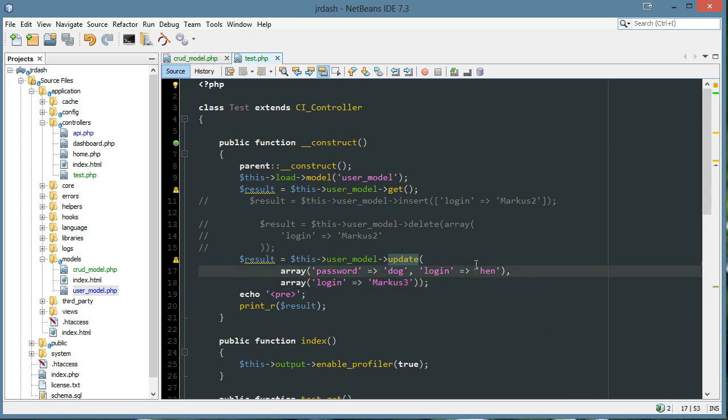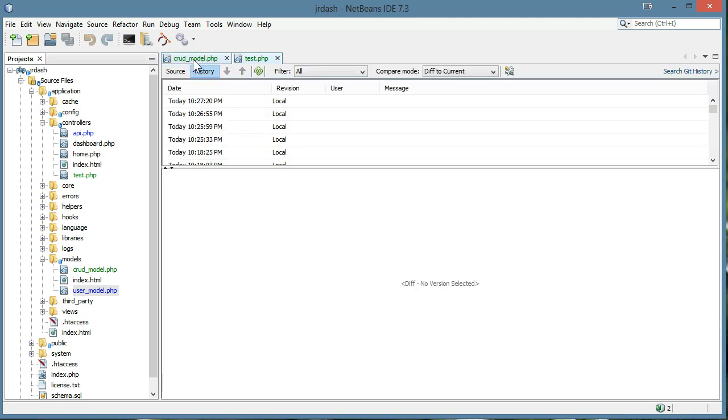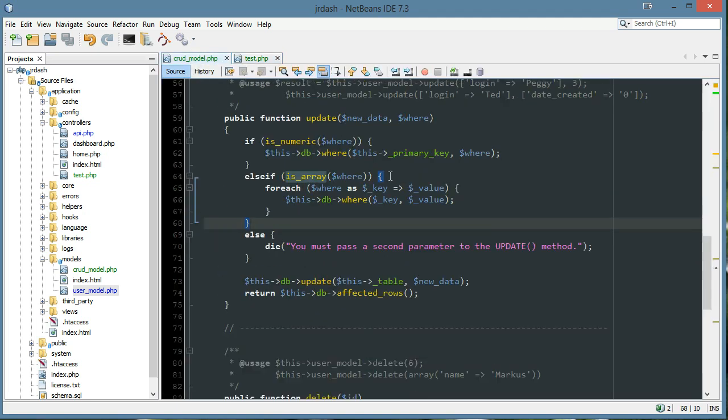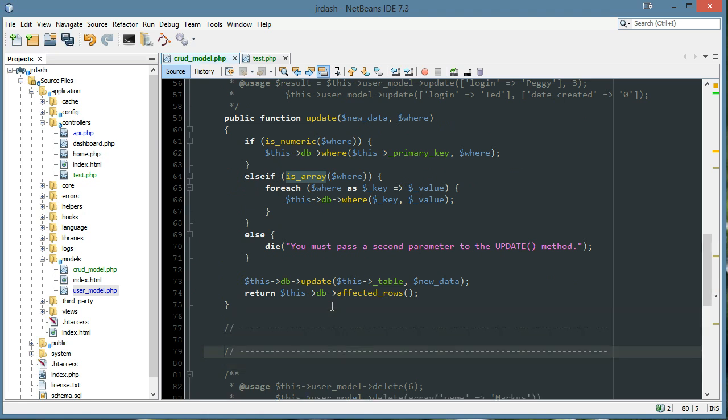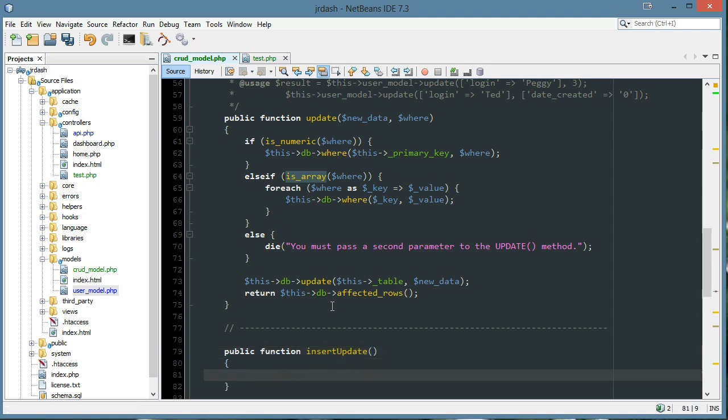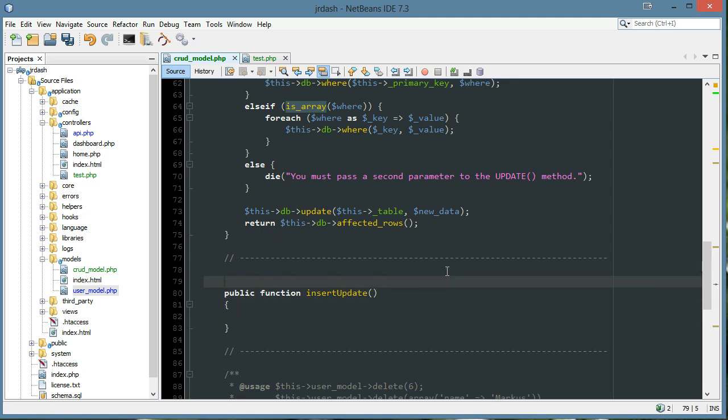And I'm not going to leave you here. We're going to make it a little bit more fun. We're going to add an insert update feature, so that we're not bored to death. This might actually come in handy sometime. Let's say public function insert update. Okay. And the way this is going to work